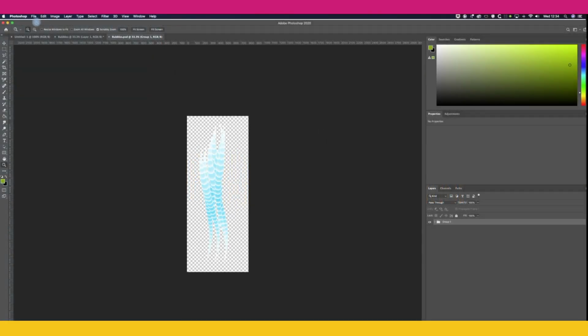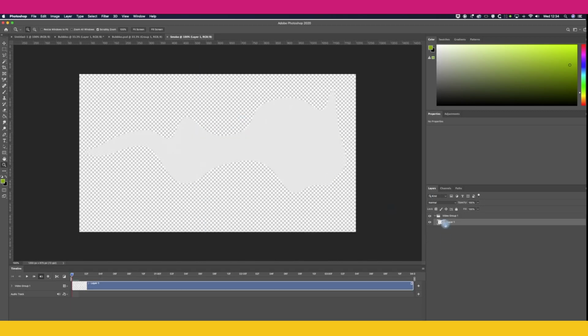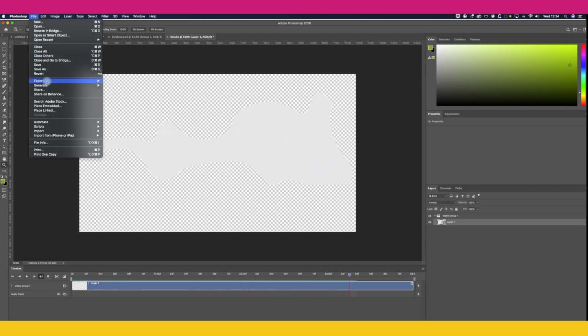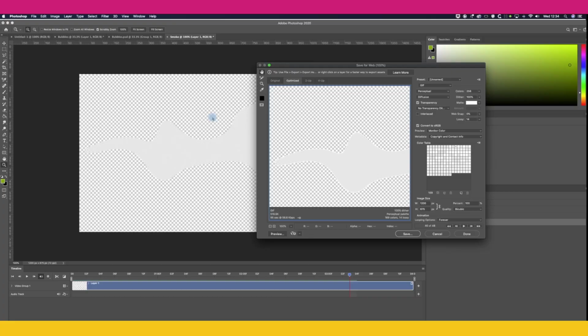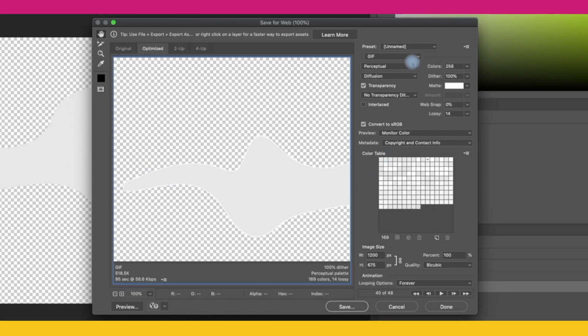So the next thing we want to do is open up Photoshop and open up the MOV file, the smoke.mov, and you'll see as usual there's no layered files there, but it's playing through here on the timeline. So if you go to File, Save as a Web Legacy, and then save this out as a GIF, and click on Save,